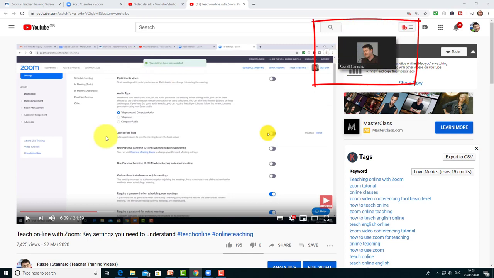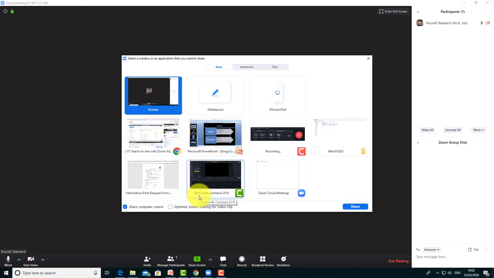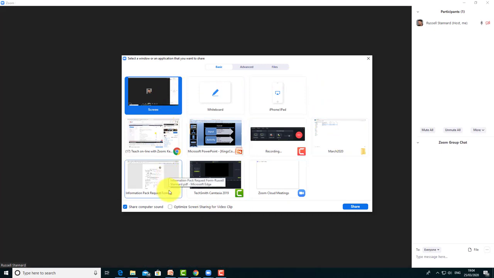Get on with getting my page ready, whether it's an image, a video or a PowerPoint slide, and then I come back over again, maximize Zoom, and do the screen share. Now, what about students? In this case, you've set it so that your students can screen share, so they can do exactly the same as you. They can open up anything that's on their screen,